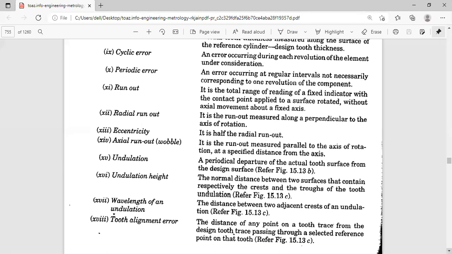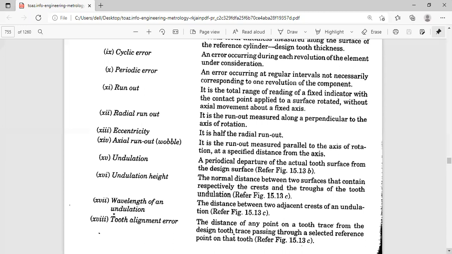And tooth alignment error. Alignment is a very important part in spur gear measurement, because in the analytical inspection of gears, we take the gear tooth elements into consideration. Alignment also you have to check, because already in automobiles, sir has told you about wheel balancing and alignment.